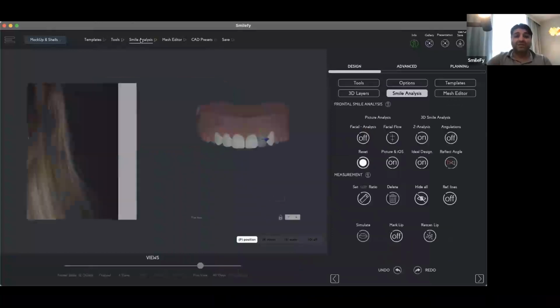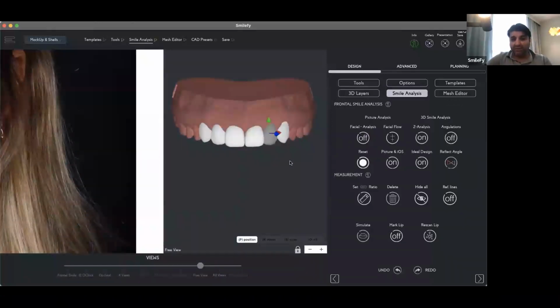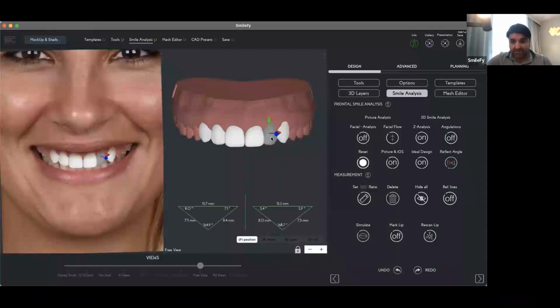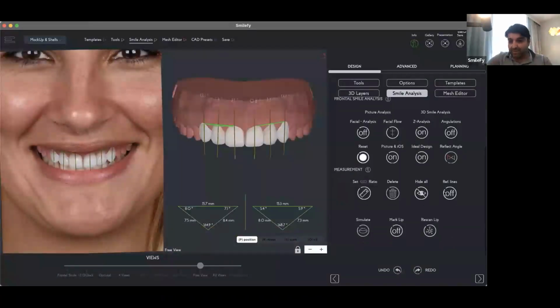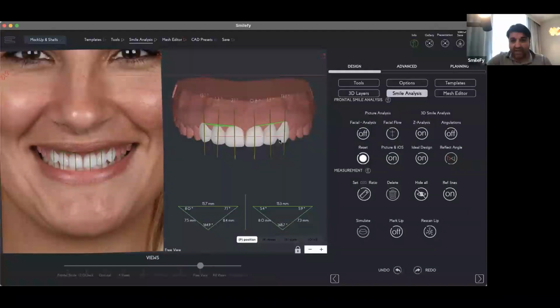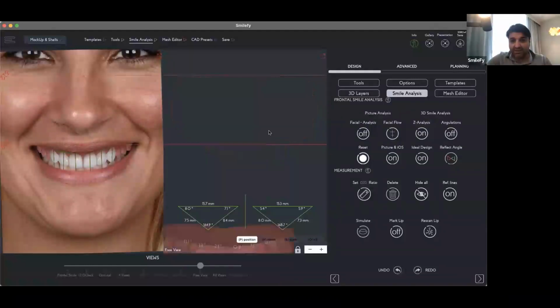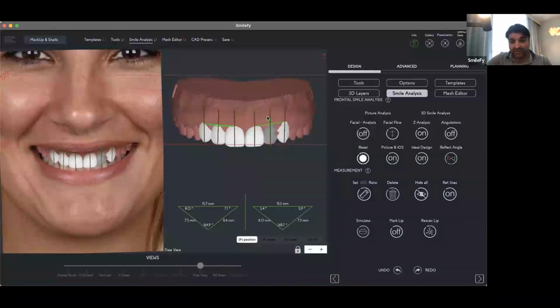If you're done, you go to the smile analysis. Then you analyze the smile with the option smile analysis. Reference lines, you can put the lines. The lateral is a little bit too